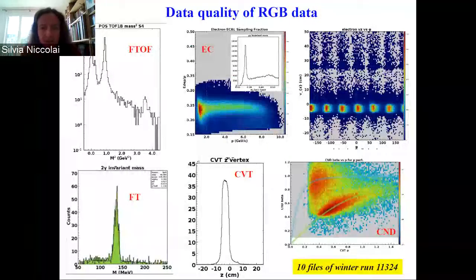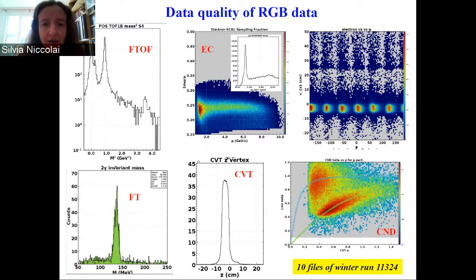And here is just an overview of the data quality for the various subsystems for a subset of data of RGB, just to show you that all the detectors work fine. We have nice mass PID distributions for the forward time of flight, sampling fraction in the calorimeter, nice pi zero peak for the photons reconstructed in the EC, and alignment for the vertex distribution as a function of sector from